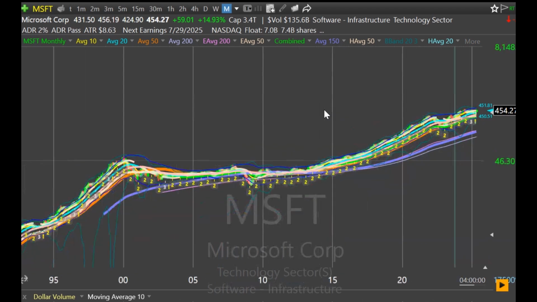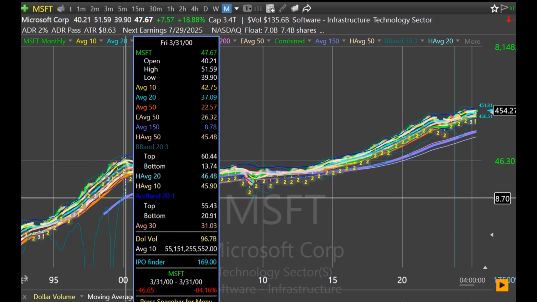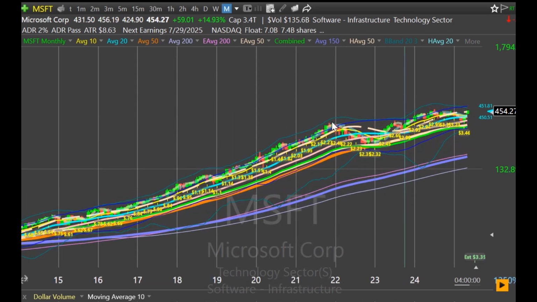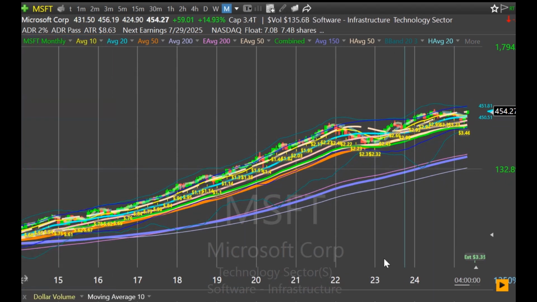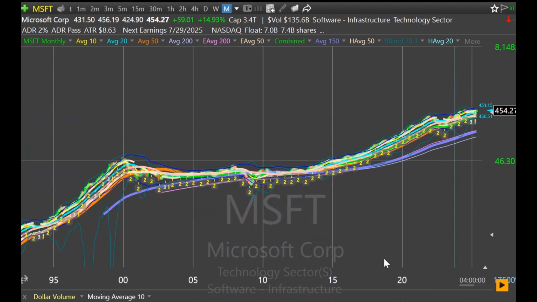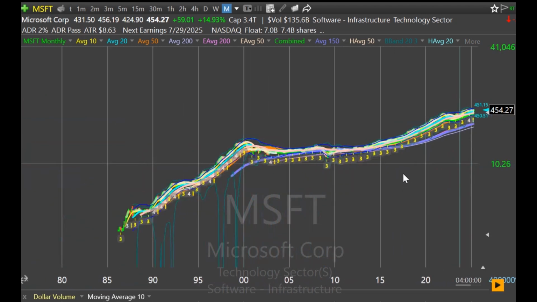So now notice Microsoft. Okay, a couple things. One, here I have this purple line. This would be a 150-month moving average. You can see that the further it gets away from the long-term averages, the riskier it is. So back at the peak, it was, I don't know, 84% above that, right? Whereas at these peaks, it's 73%, still really high, right? And it's only by looking at the longer term time frames that you really begin to see the clear picture.